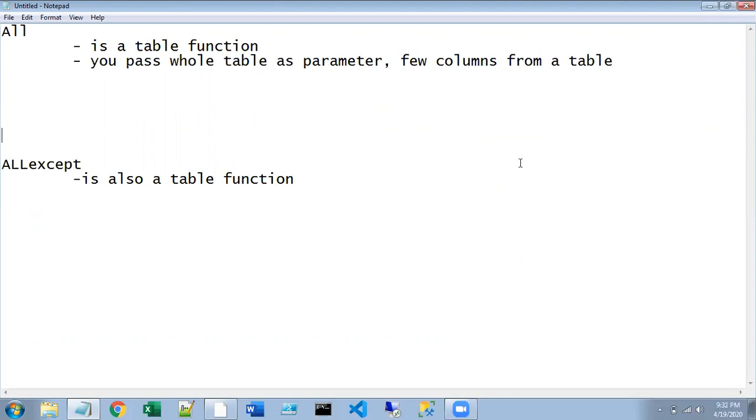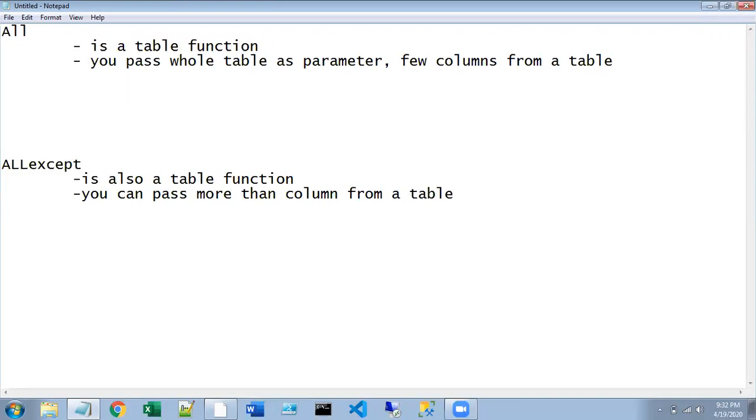Here also it is the same. Here you have to pass more than one column from a table.